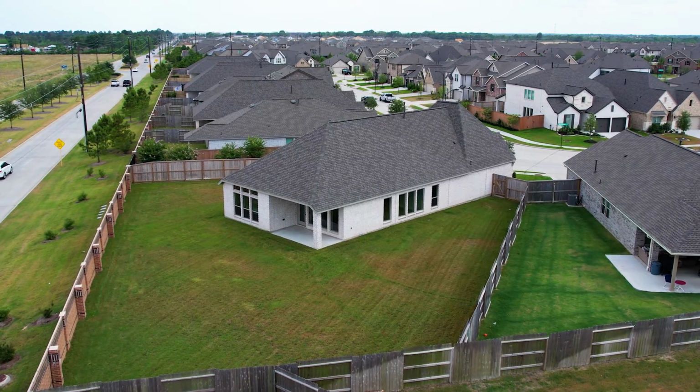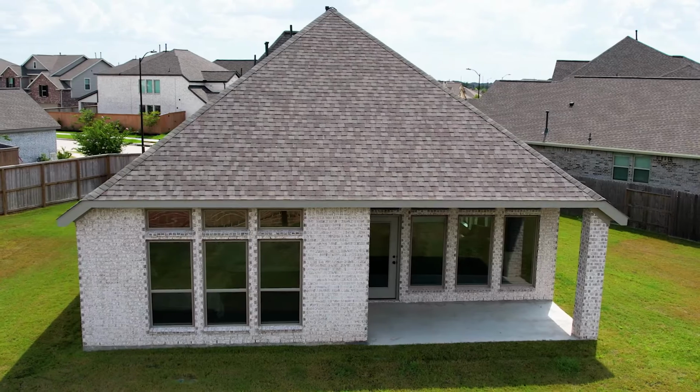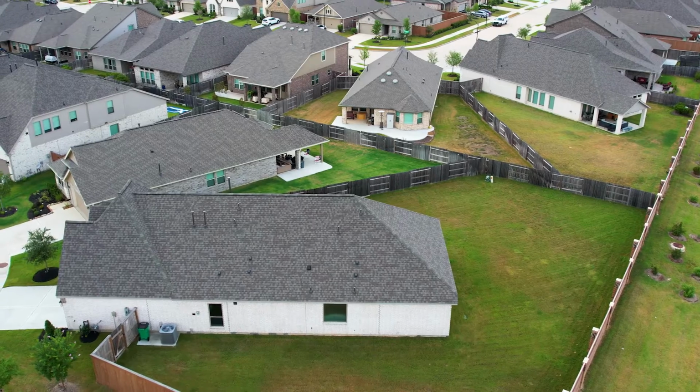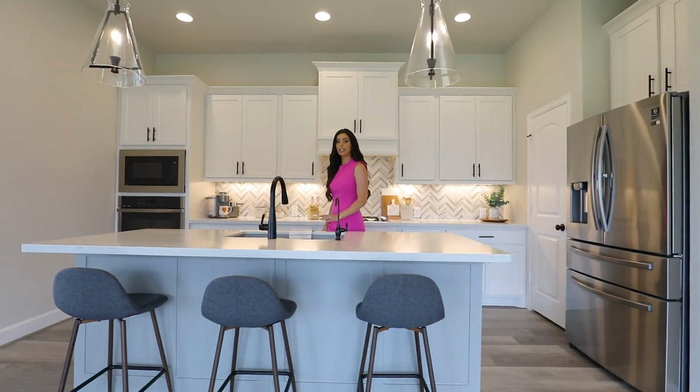You don't want to miss this oversized backyard, which includes a covered patio that is ideal for spending time with your friends or family, or perfect for your future pool. 23002 Needlegrass Rd will be a quick drive to the new